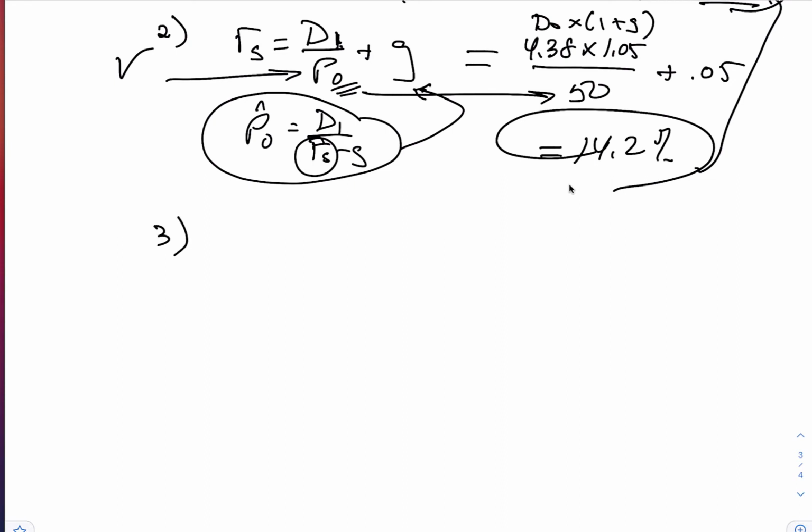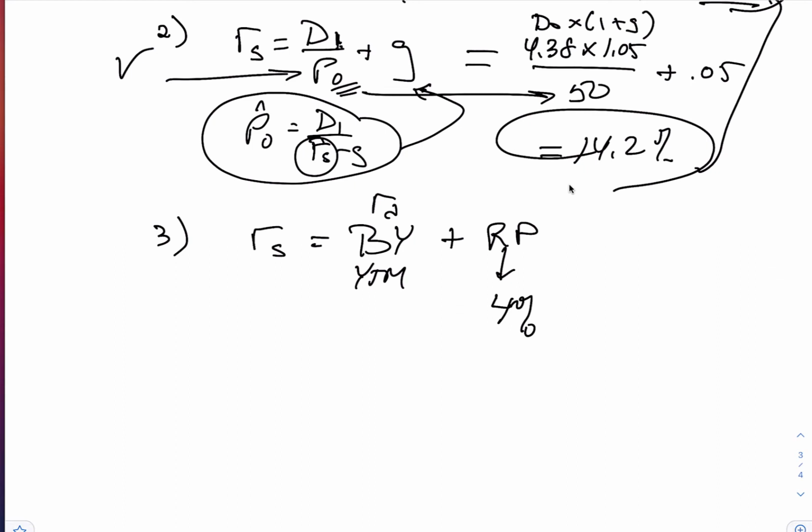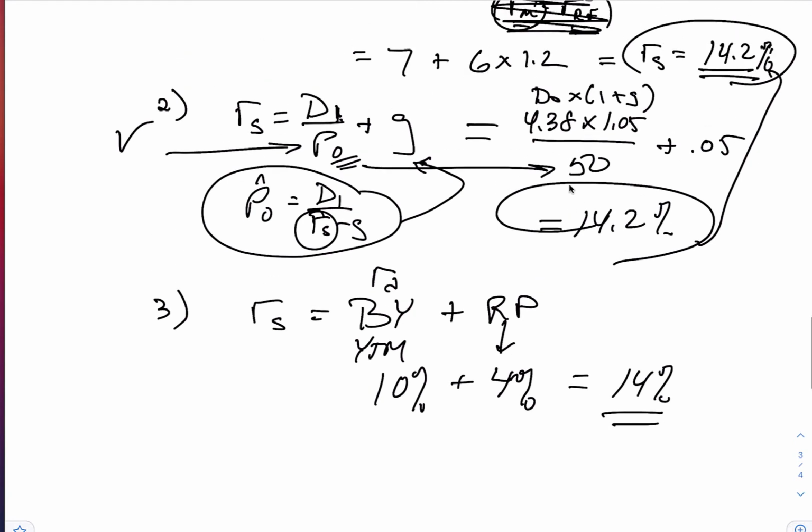But it's pretty simple. It's going to take the bond yield that we have, RD, which is the yield to maturity, by the way. So it calls it bond yield, but that's RD, which is the yield to maturity, plus a risk premium. And that was given at 4%. And we calculated the yield to maturity to be 10%. So therefore, the sum of these two numbers is 14%, which is pretty darn close to these two numbers above.